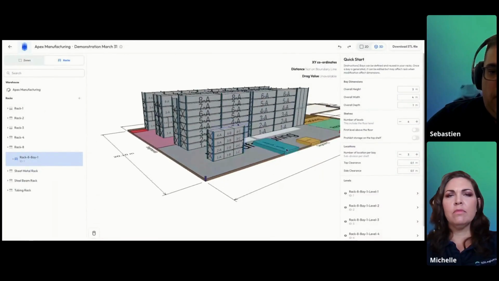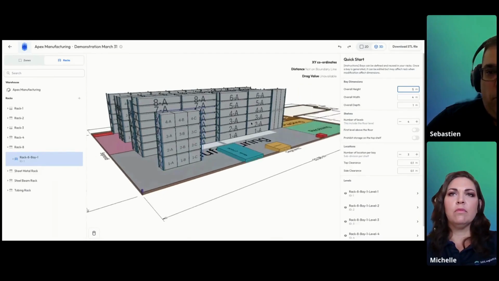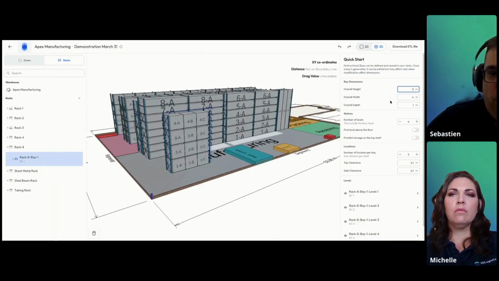And then once I do that, you see on the right-hand side you have all of the freedom, or all of the parameters, that you need to configure your rack. So here, the height: I could put the rack 5 meters high. I usually start with the overall height or overall dimensions of my bay. So let's say 5 meters, I'll put 3 meters wide, and 1 or 1.1 meter is usually kind of